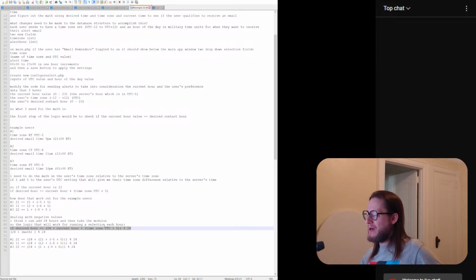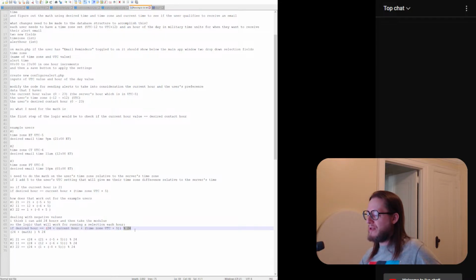I'm taking their set time zone and then I'm adding 5 to get the relative value of their time zone to the time zone of the server. And then all that added together,